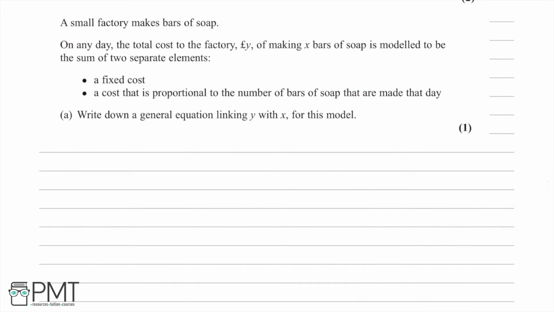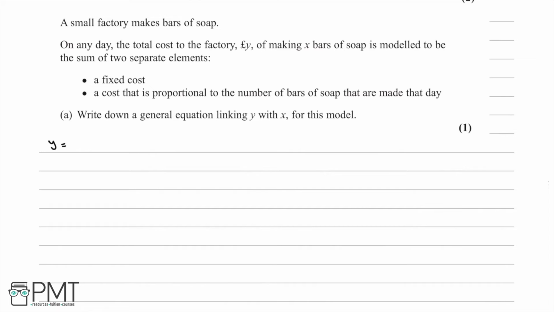And in part A of this question, we're asked to write down a general equation linking y and x for this model. So effectively, we're going to have an equation which shows the total cost of the factory of how many bars of soap they make per day. So we know that we're going to have an equation which is y equals